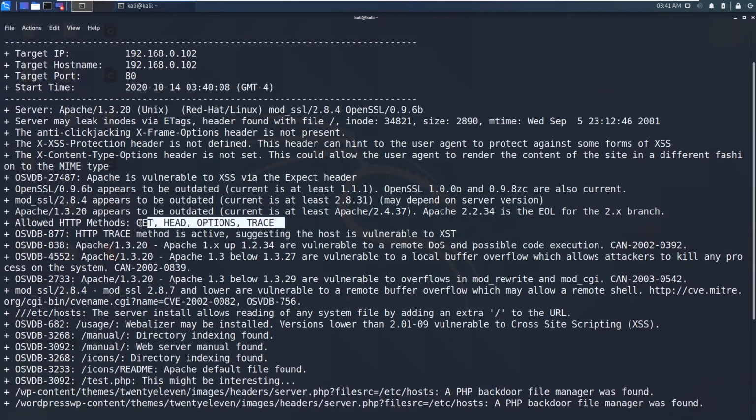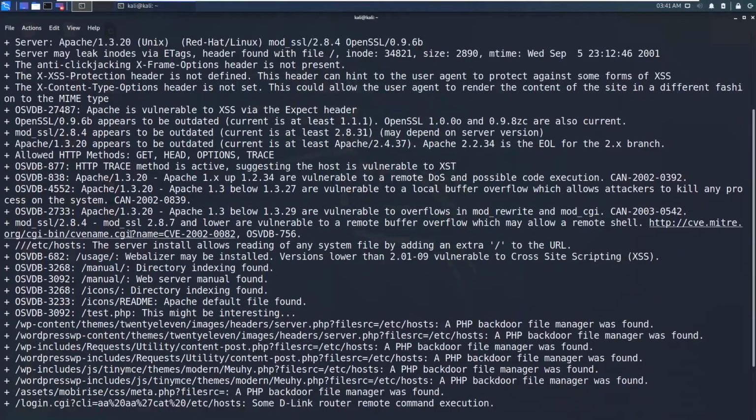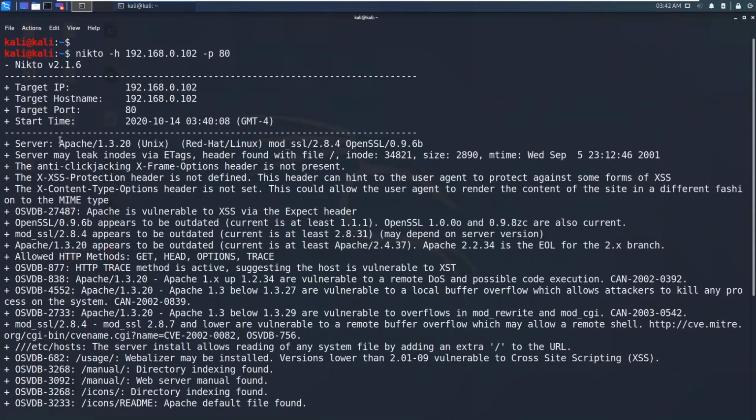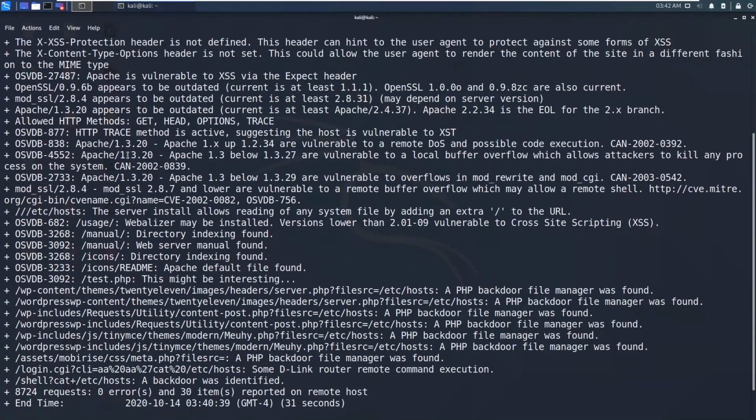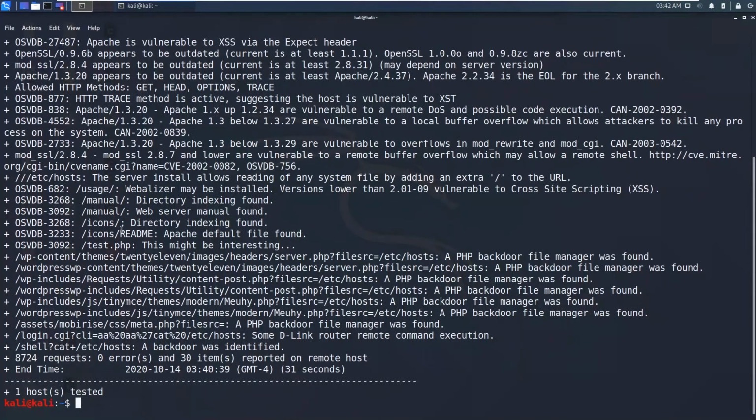We can pretty much see this output we got from the Nmap scans. We also got it from the HTTP NSE scripts, and without using those scripts we also got it from Nmap. You can see these are our OSVDB CVEs, and it's assuming that since the version number of Apache is 1.3.20, it may be vulnerable to all of these vulnerabilities.